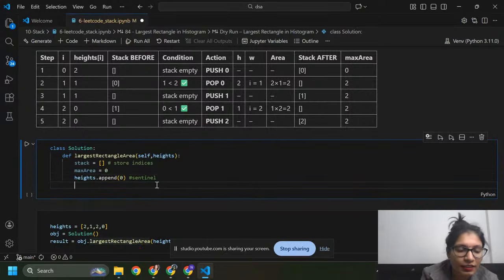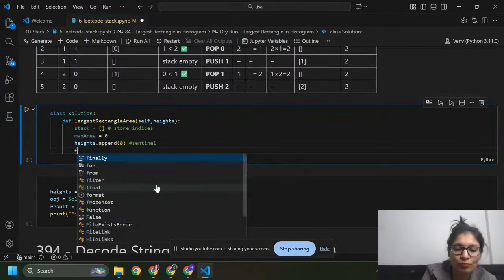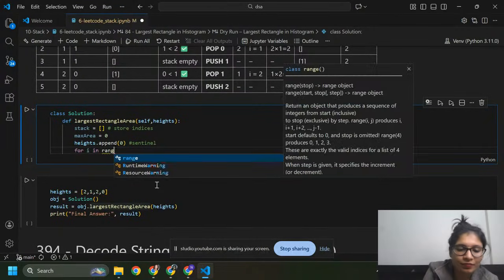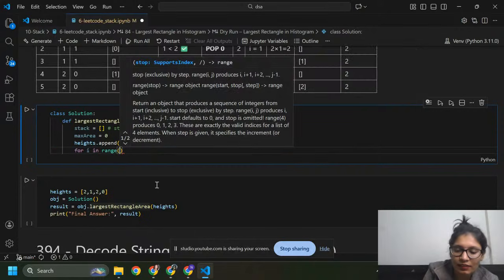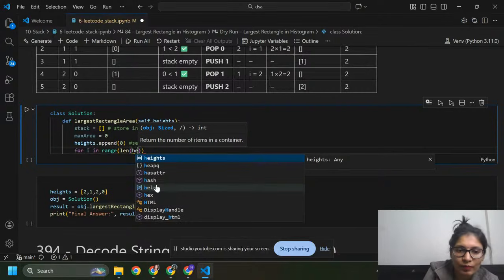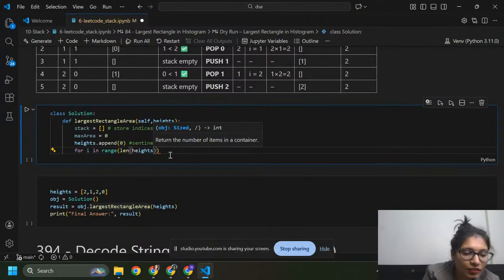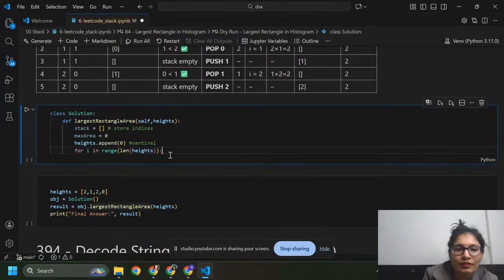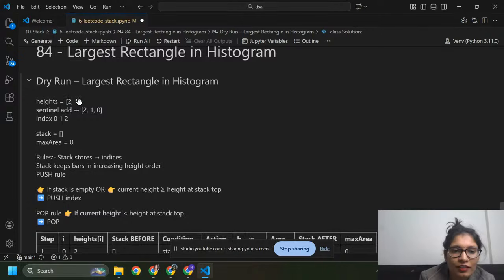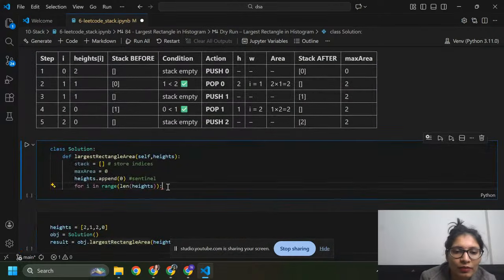Here I'm going to use a loop, for i in range of the length of heights. What is the length of our heights? Initially we have two elements, but after adding 0, I have three.